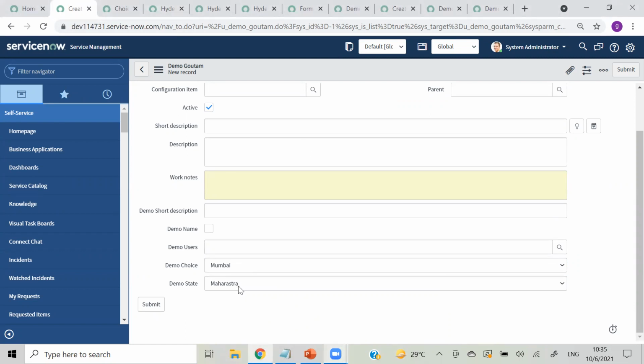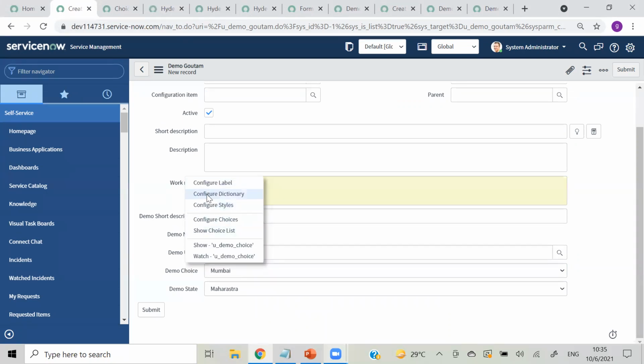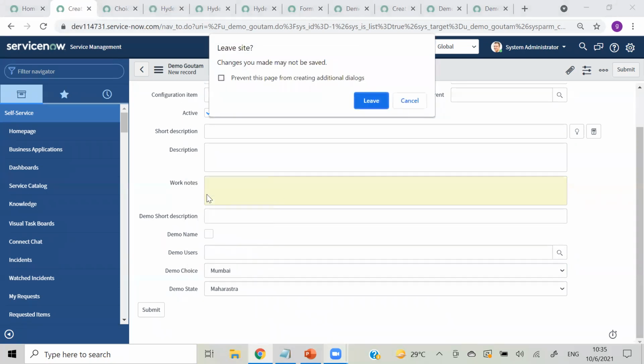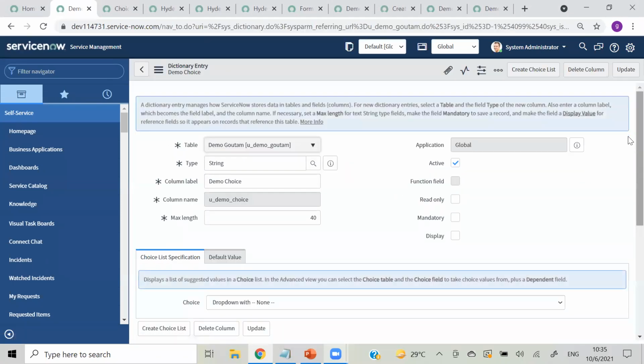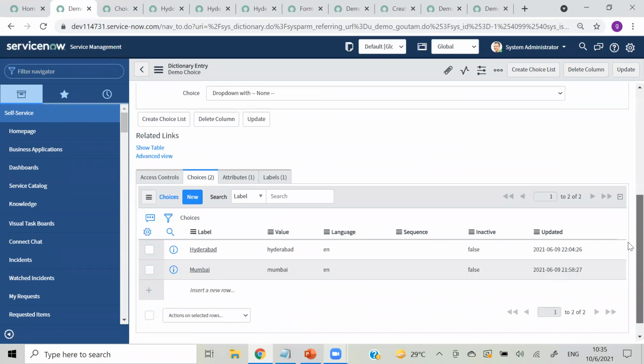So that dependency option is not working, but I will see. It should work from dictionary configure. Where am I missing?